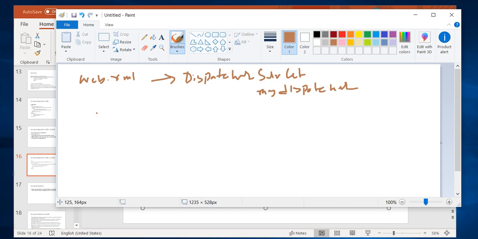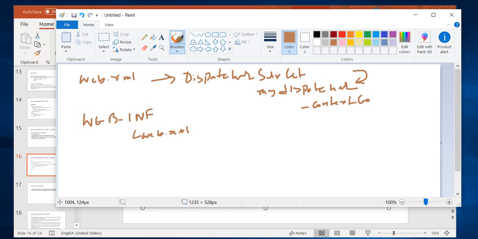So if I look at the folder, I have the WEB-INF folder, and under that I have the web.xml file. Okay, and within this web.xml file I have this dispatcher servlet's instance, which is my dispatcher, and I'm saying here